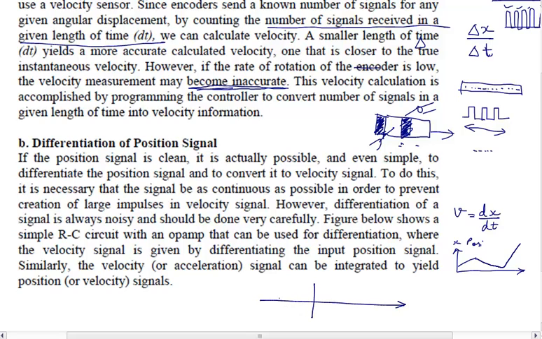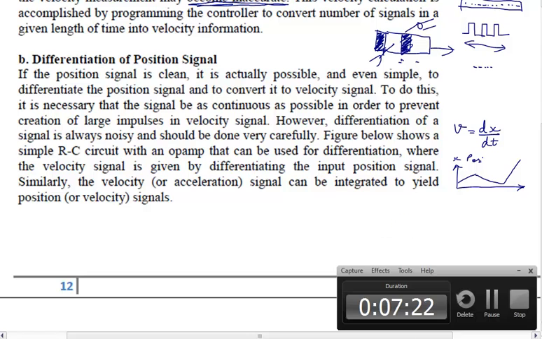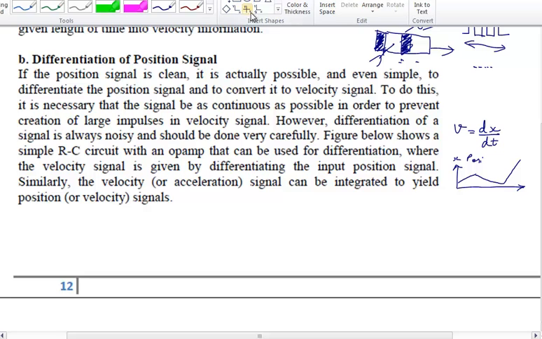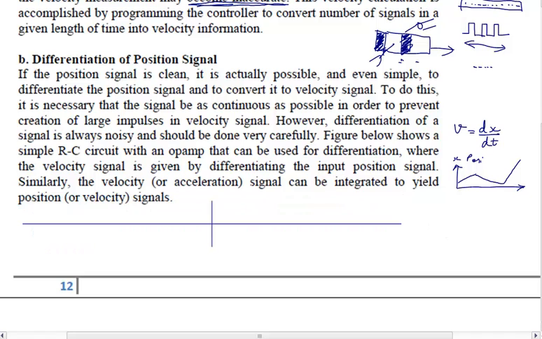For example, let me draw an axis more clearly. Suppose I am having an axis like this, and based on that I am going to have a velocity signal. Let's say this is the time t equal to 0. Suppose it is slowly increasing, then sometimes it goes negative, then again it is increasing. So this is the position signal. This is x and this is the time axis t. So we will get various position values.